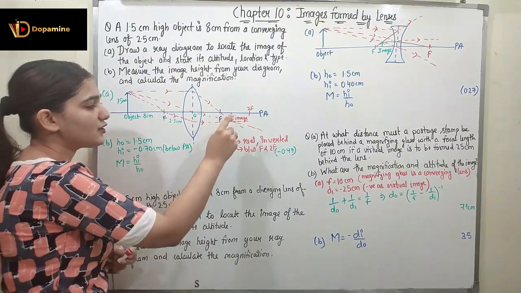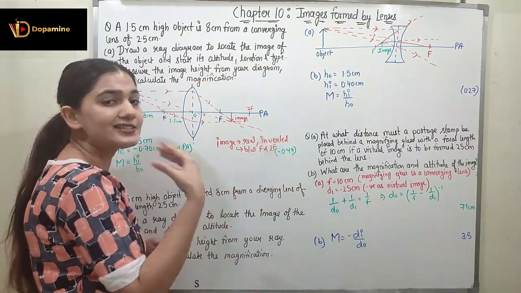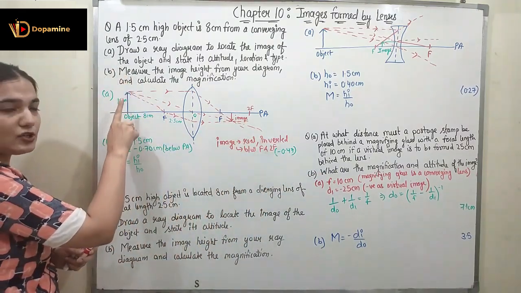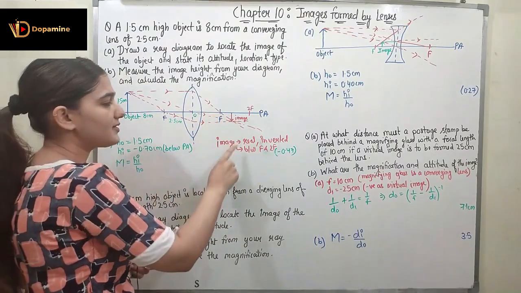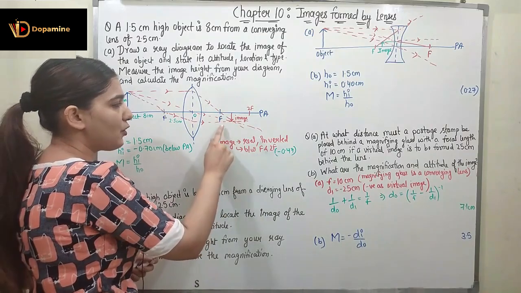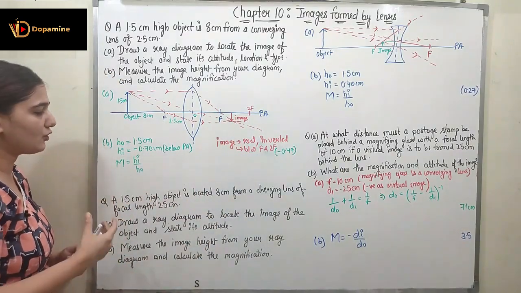So you can see the image formed is real, right? It is formed at the right side of the converging lens. It's a real image, right? It is inverted, so you can see the direction of the arrow. Here it is upward, here it is downward. It's an inverted image, and the image formed is in between the F point and 2F point, right? So this is how we can trace the location of the image.